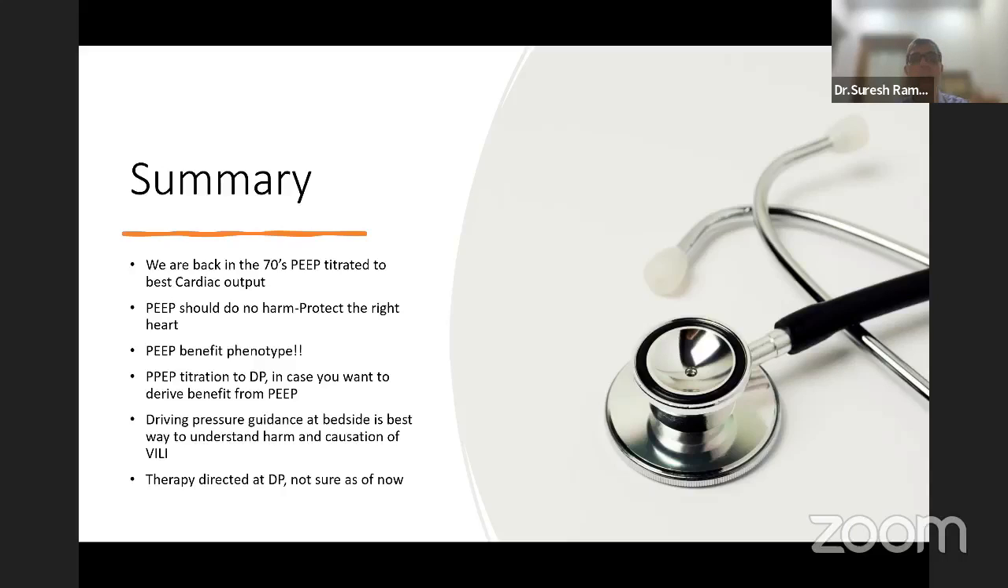that you're doing. And driving pressure guidance is the best way to understand the causative factor of VILI, how the stress and the strain affect the lung, in addition to the power that you're also giving, the ergotrauma concept, which we can discuss sometime later. As of now, therapy directed at driving pressure doesn't exist, but treatment should be done in such a way that your driving pressure is not more than 15, by whatever PEEP, whatever mean airway pressure you want to use,